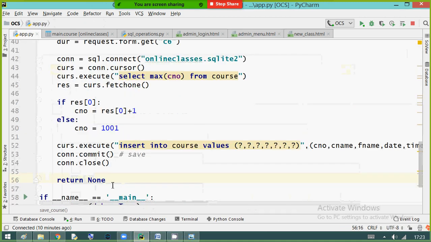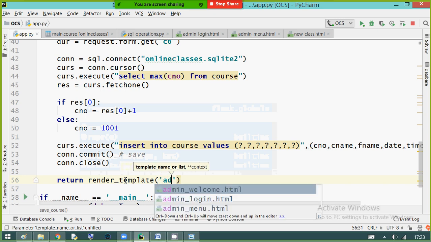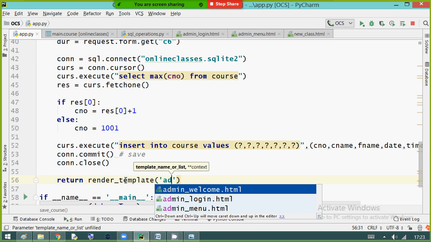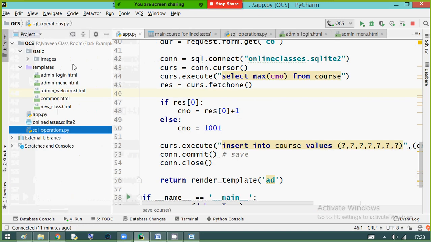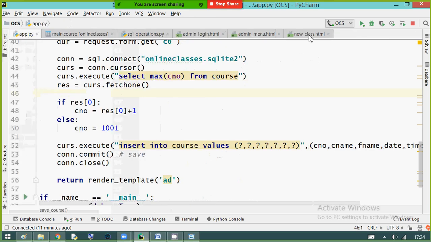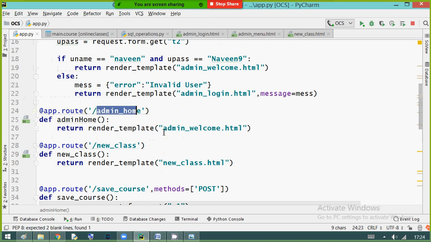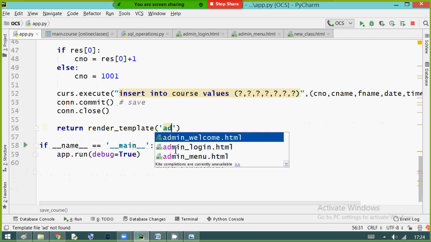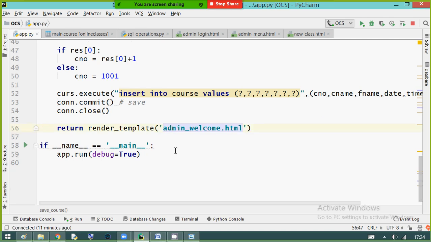So return render template admin home, temporarily admin welcome. Whenever you run admin home, you are opening admin welcome. So directly we are going there, so you can write admin welcome only, temporarily. Successful.